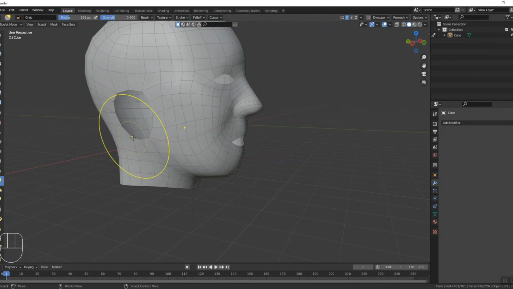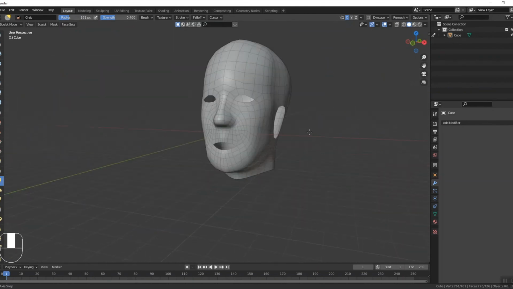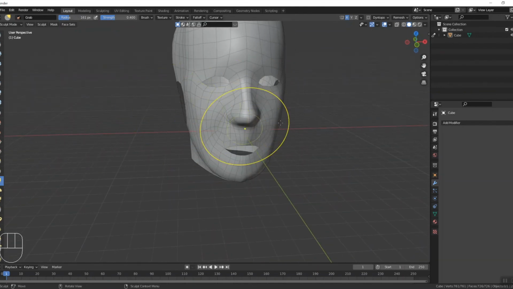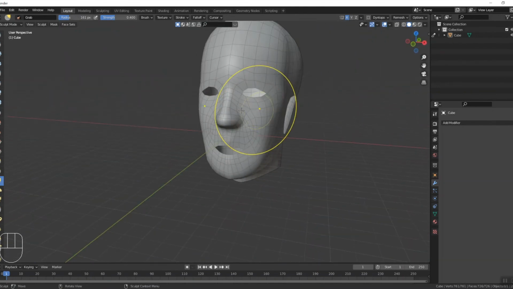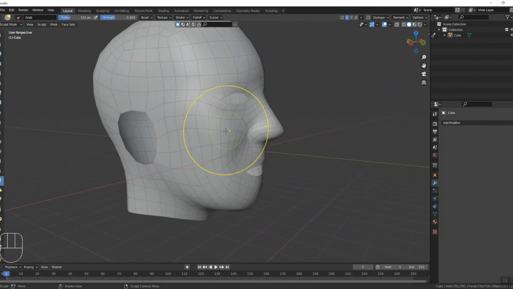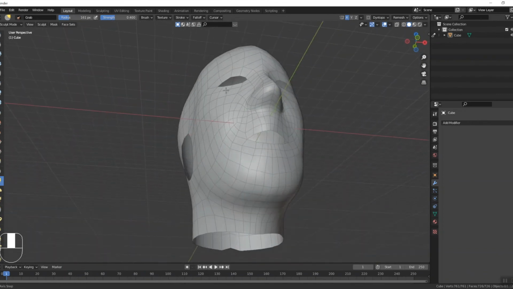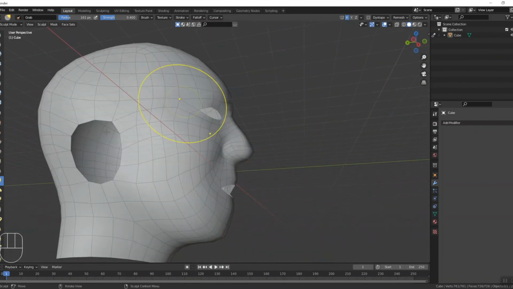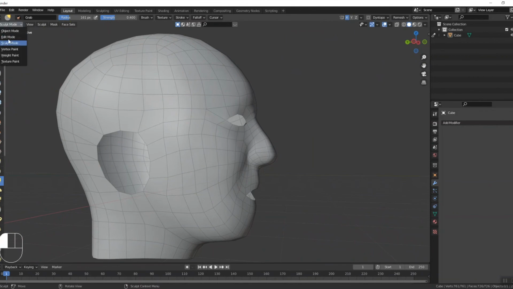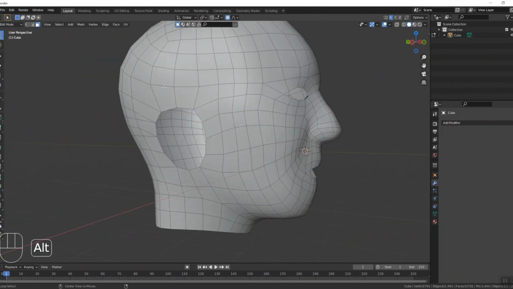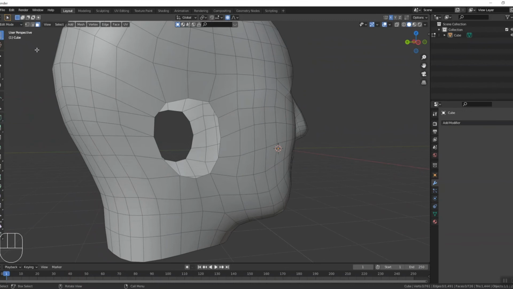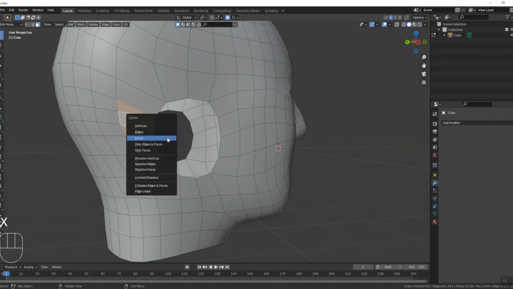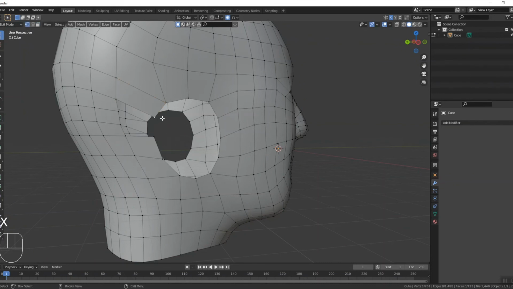So that is good. At this stage, I'm actually going to continue modeling this side, even though I don't have a mirror modifier working, so I don't have to do that process once more. I can show you how that will be done later. Okay, so I don't really like modeling ears, that's one thing, so I'm just going to do some simplified ears at this stage. They still look good, I assure you, but